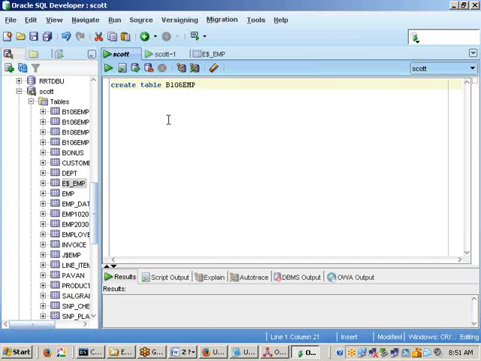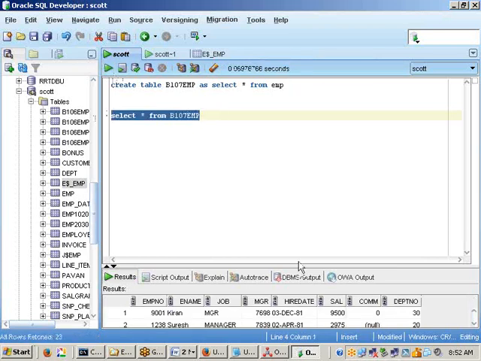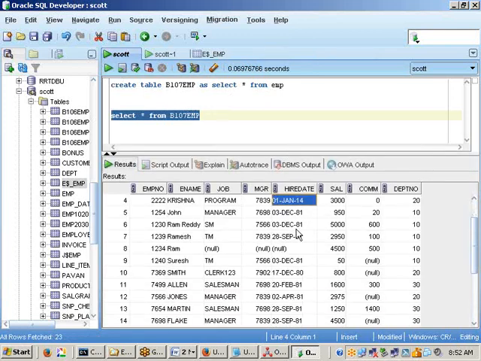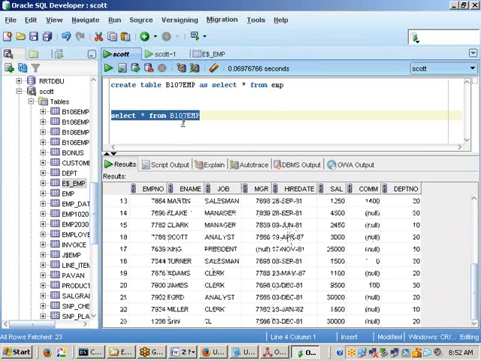B107_EMP as select star from EMP. Whatever data is available in the EMP table, the entire data I am trying to get. Now if you go and see B107_EMP, select star from this one, execute it, we are able to see all the data. On this table we will try to do the experiment. What do you say, right, sir?